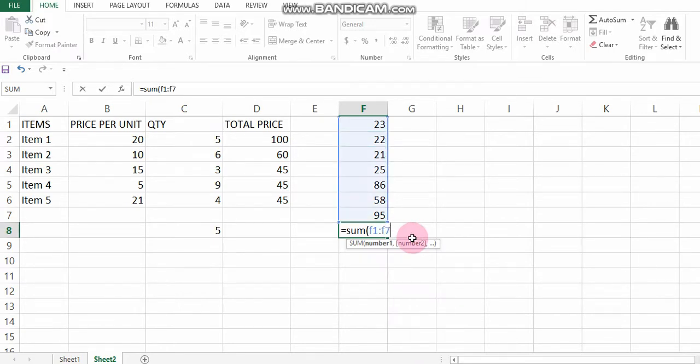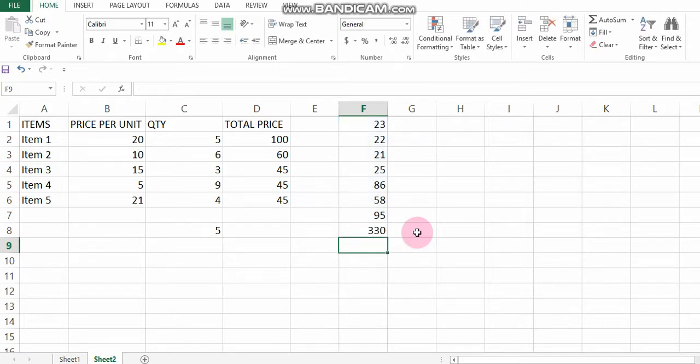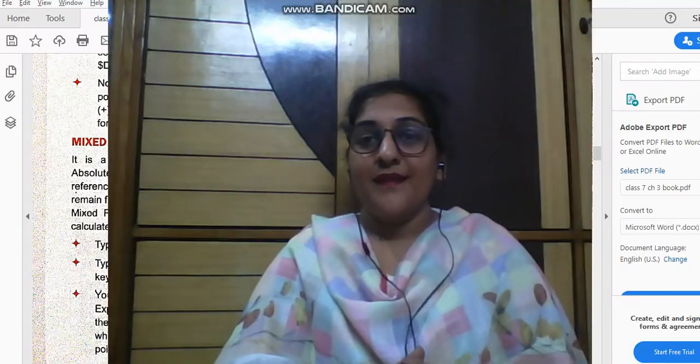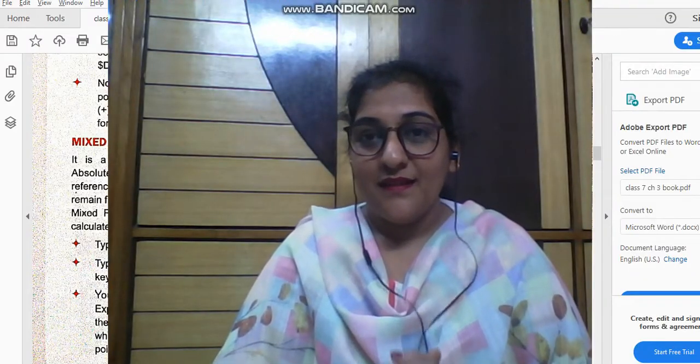But instead of this, I can write group here, as I have named it group, in capital letters, or you can write small, that is up to you. As you can see, it is highlighted because the same cell range is given the name group. So instead of cell references, I can directly write the name of the range. When you press enter, you see it is giving the result. I hope you have understood it well. I hope you all are understanding.